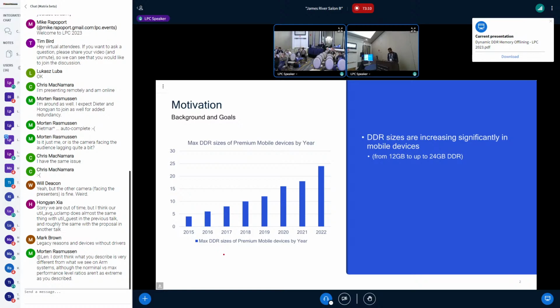And as you can see here in the trend, almost a decade ago, the DDR sizes for the mobile system was about 4 to 5 GB, so there wasn't much significant memory that you can offline. But these days, you have DDR up to 24 and 24 plus GB. So there's a good amount of segments that you can offline when the system doesn't need much of the memory.